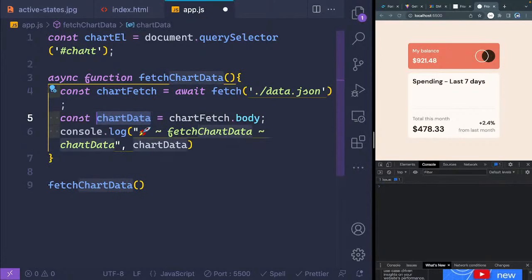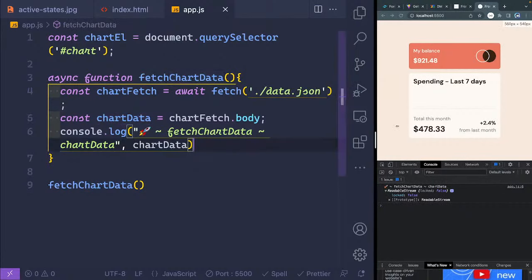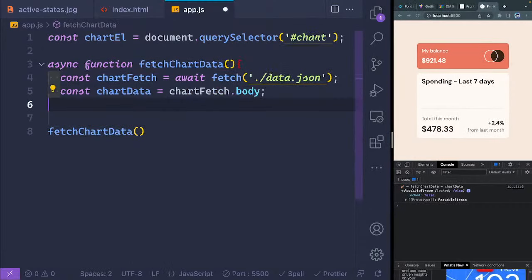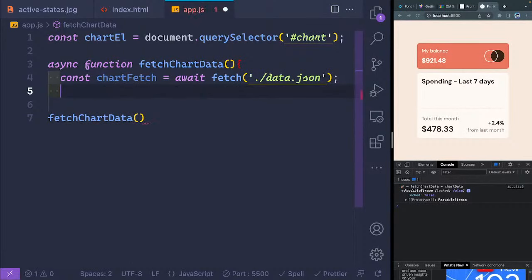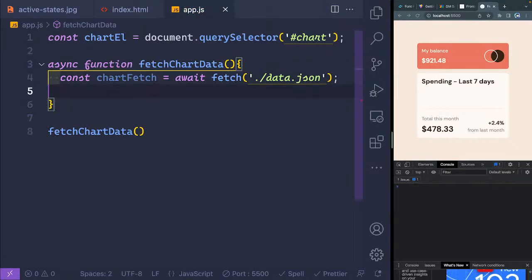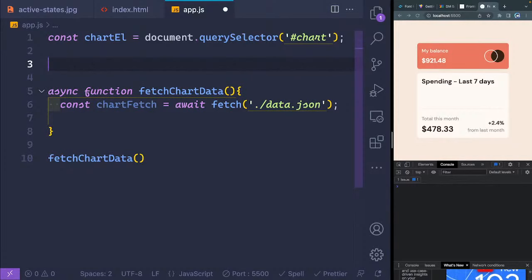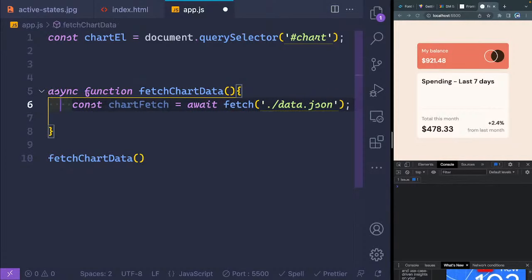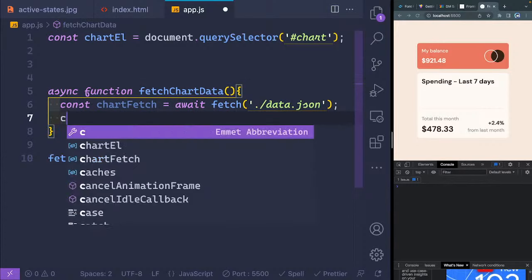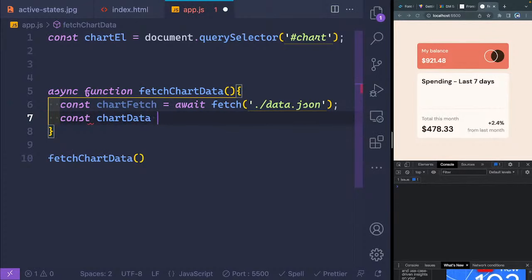And then let's go ahead and grab this. I just deleted extra brackets too. Okay. All right. So once we get that back, I guess we don't really need to do a bunch of error handling or anything. Let's do const chartData equals